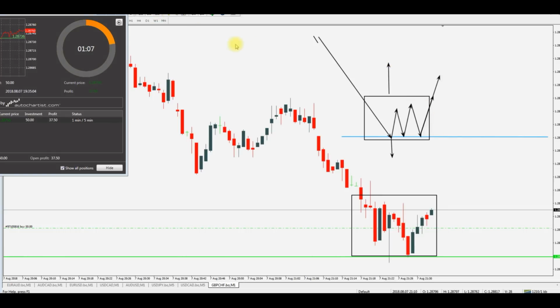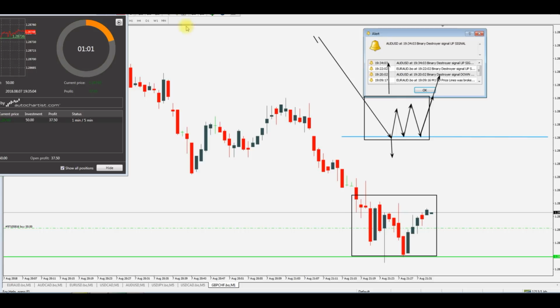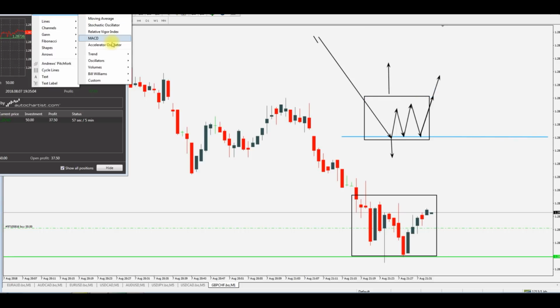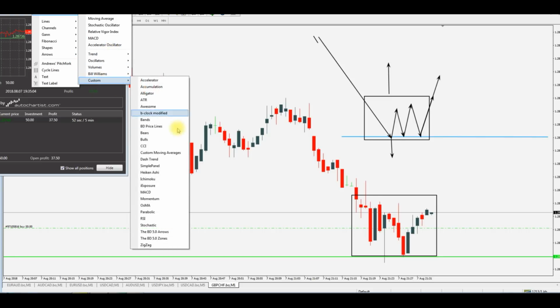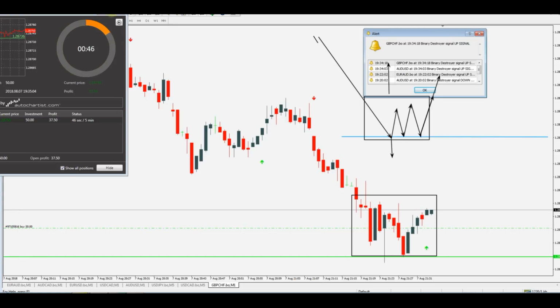I understand this, but I actually use the binary destroyer arrows, right? Even though I'm trading price action, I will use the binary destroyer arrows when I do trade price action, let me say. Now, I actually use the pullback arrows, okay? I find the pullback arrows are very powerful when trading the